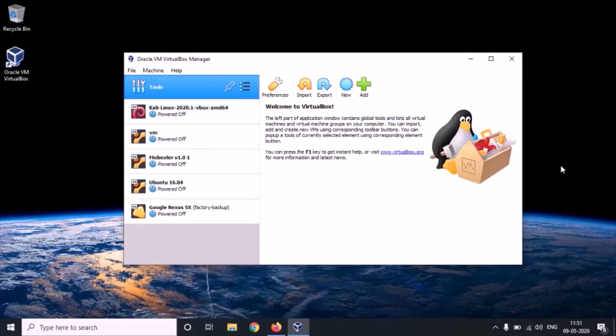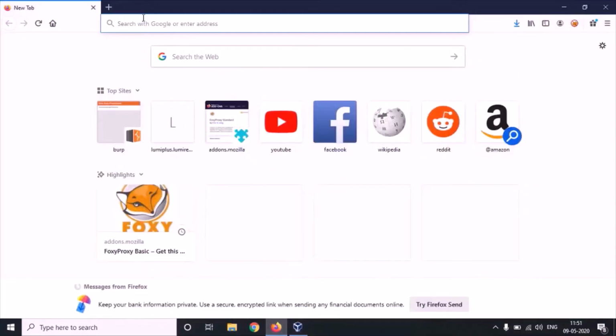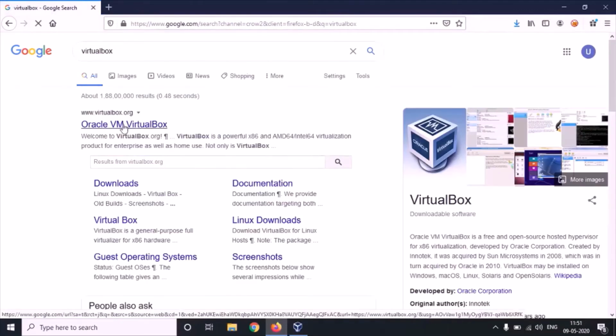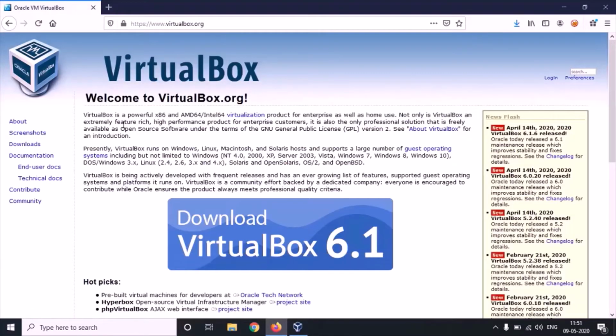Since we are going to install Ubuntu on VirtualBox, I'm assuming you already have VirtualBox. If not, then you can download VirtualBox from here. Just go to the download section.